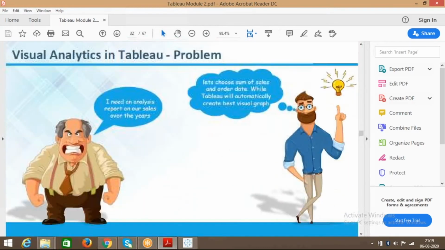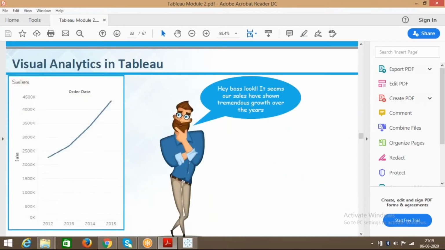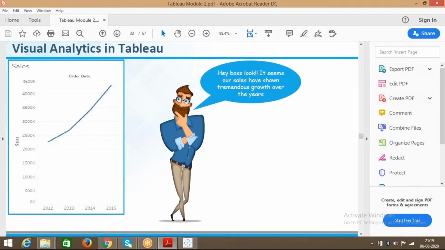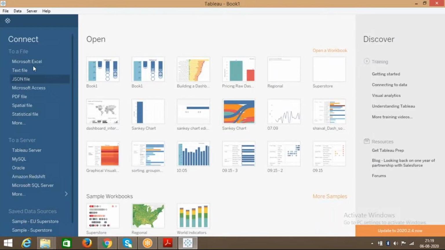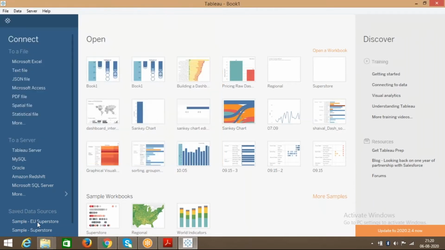So why analytics in Tableau? That's where we will get to know. Say I want to see sales for a specific year. We just created this particular diagram, and let me create it once again. I'll click on Excel, or I can directly click on this Sample Superstore.